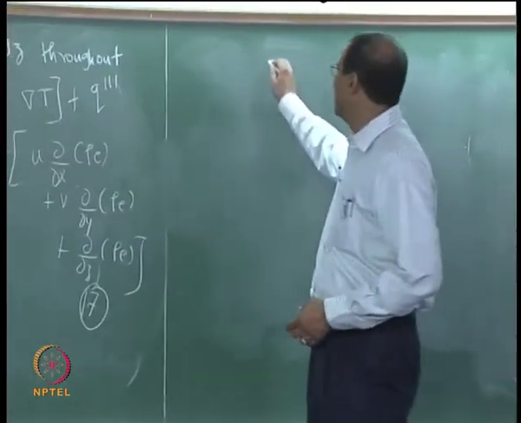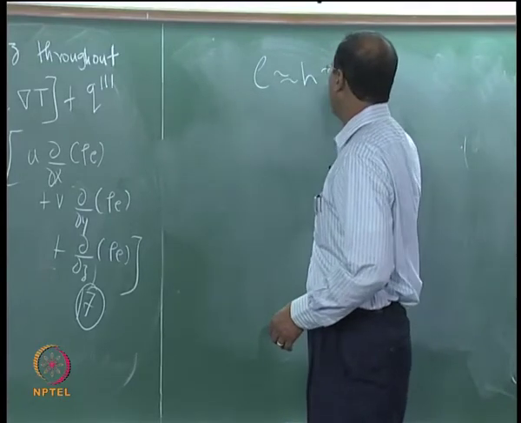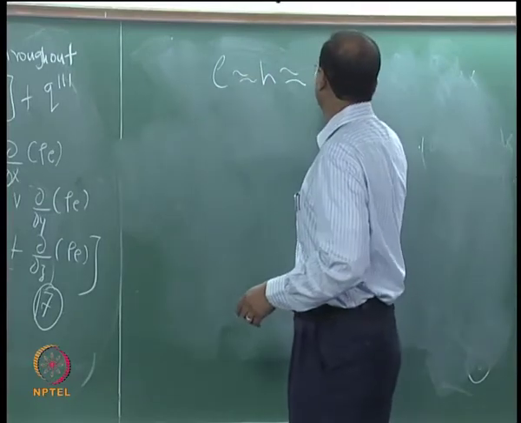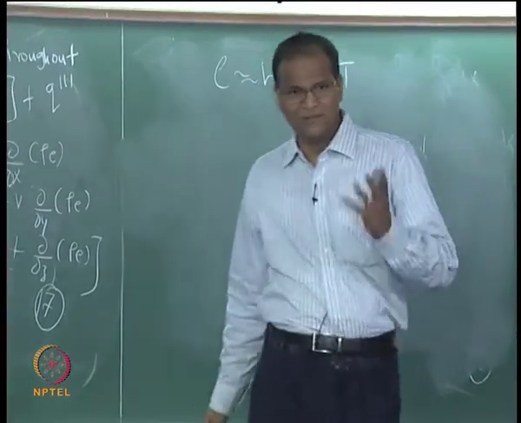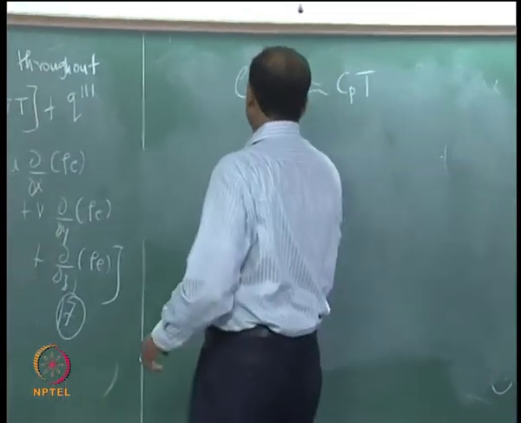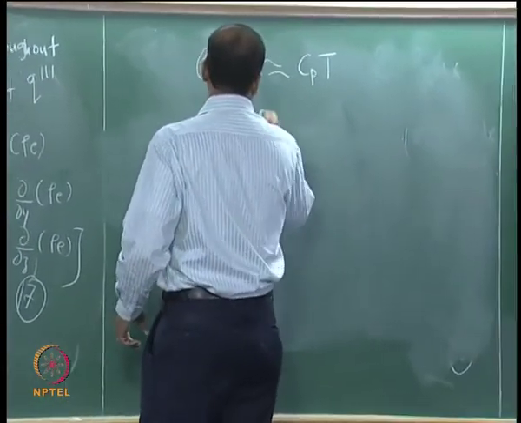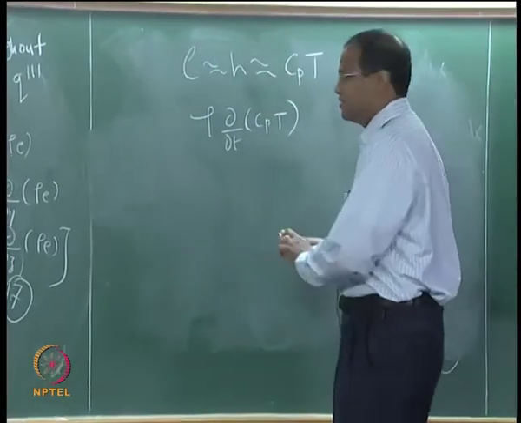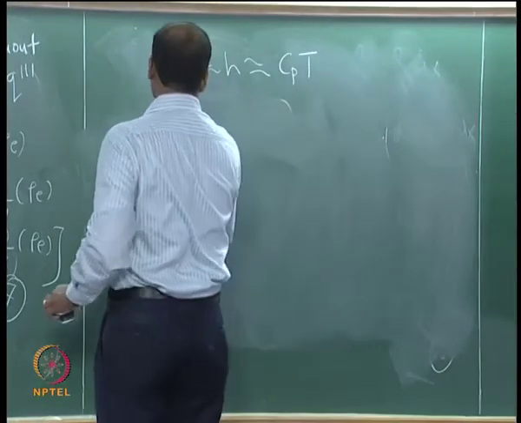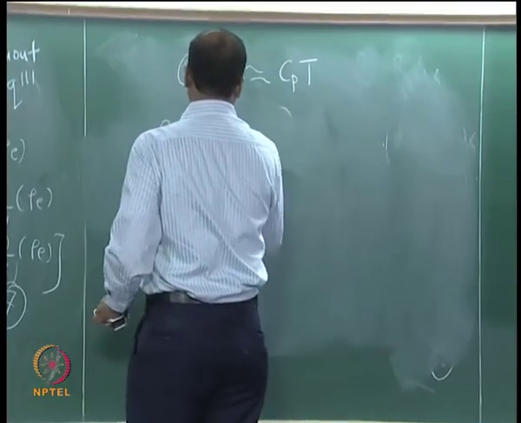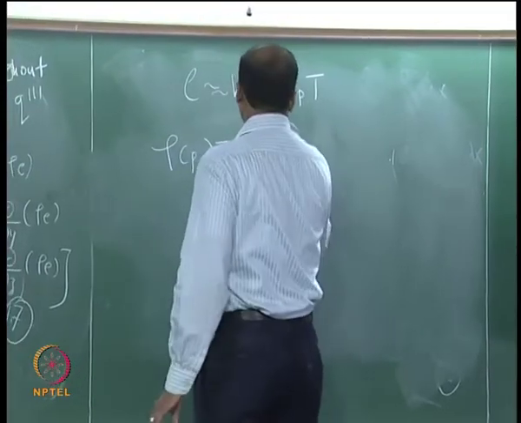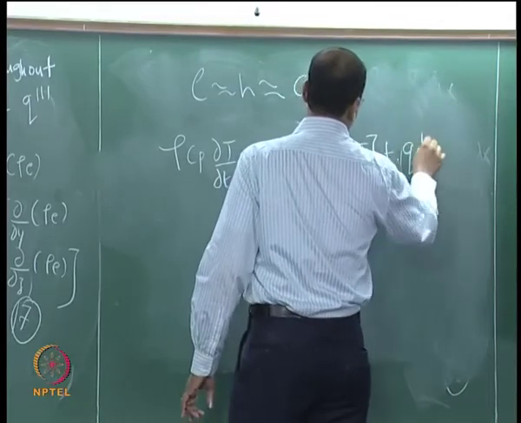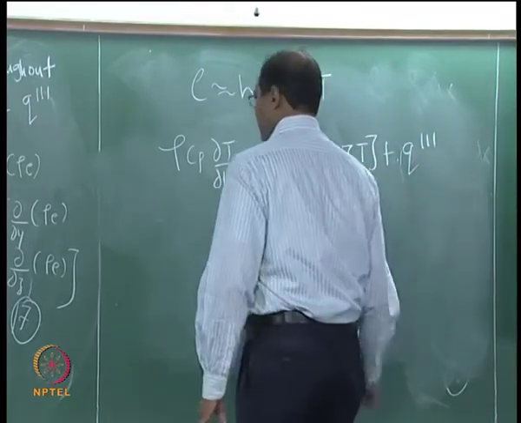Therefore, if density is constant, then I can put E goes as h. I can write it as CpT. Very good. It is CT. It does not matter. Specific heat. Okay. Now I can say that for x or y, Cp also is constant. I can make it minus